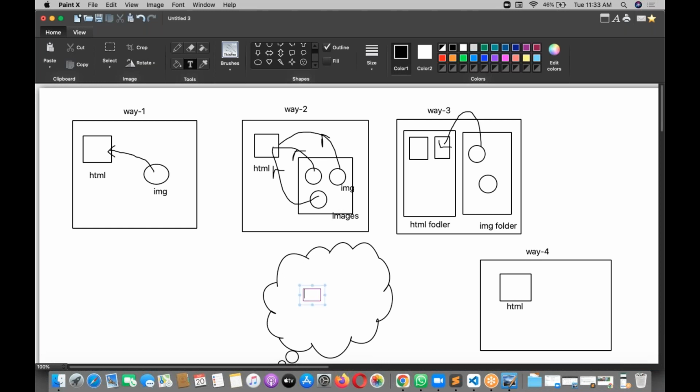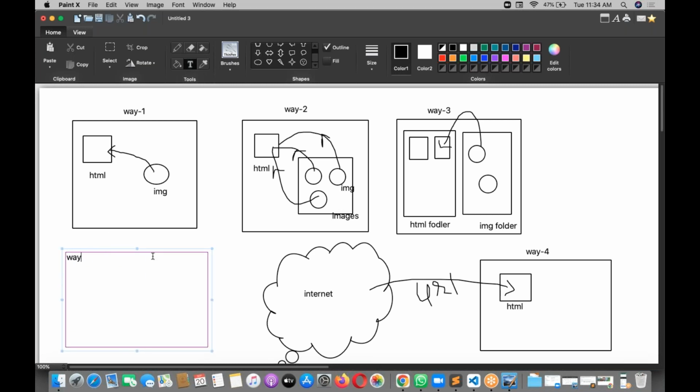A lot of images. You can place any image from the internet here. Let me take some image from the internet using the URL. Just copy the URL, copy link address, image address, and load the image from the internet to the HTML with the URL. Whatever URL address you have for the image, that is a separate one. Okay, so let me give the syntaxes for all these things. The way 1 syntax, the way 2 syntax, the way 3 syntax. I will write all these things now.